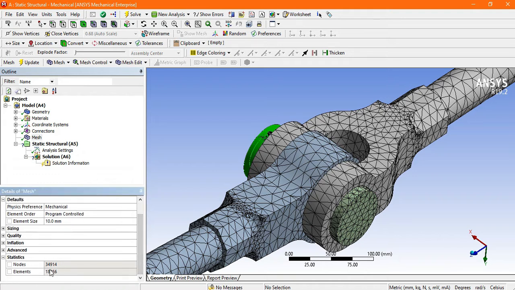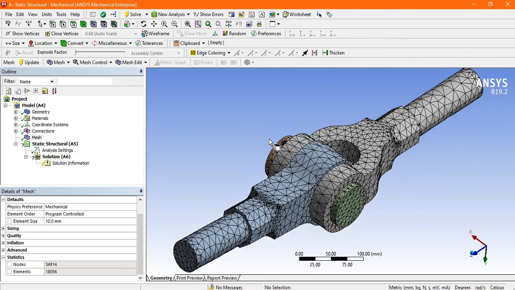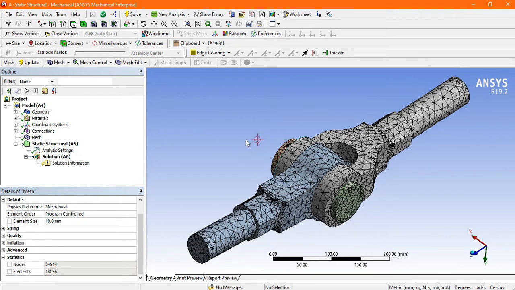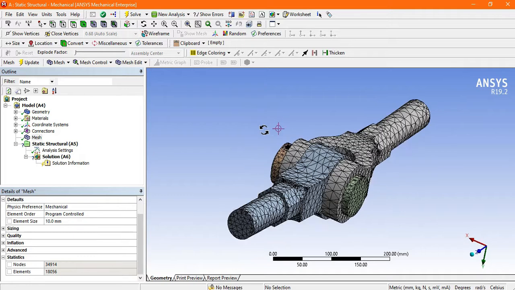Now see here, the nodes and the elements are decreased, and so the number of equations also decreases, so we will not get a very accurate result.